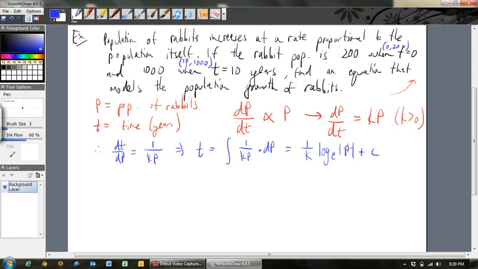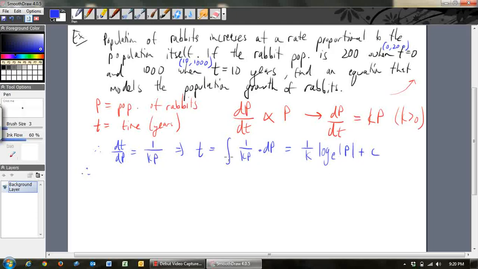Now the population there is 200, so you're going to get a log E 200 equal to 0. So you could do it there, that would work out not too bad. But this one here would be fairly horrible. And what I'm going to do is just wait until the end. You'll see that whenever you're doing these log E's, this initial condition when your independent variable is equal to 0, that's much nicer to solve at the end. I'm just going to keep going for now. Okay, so therefore,